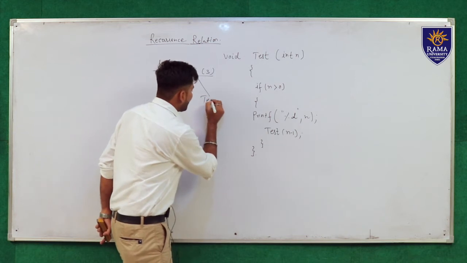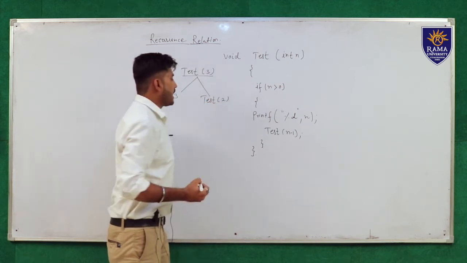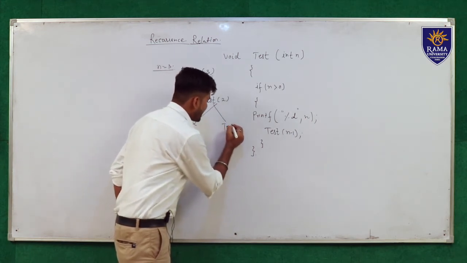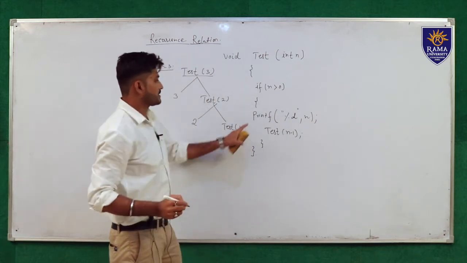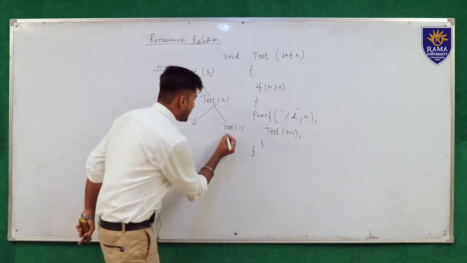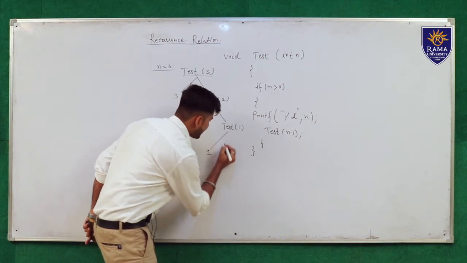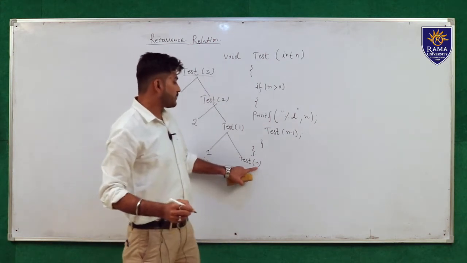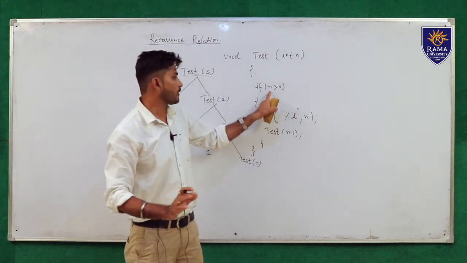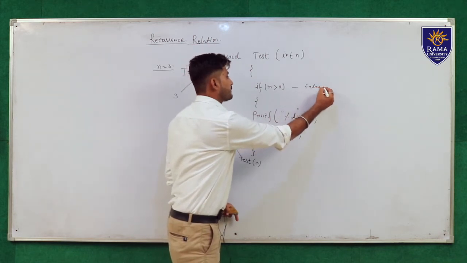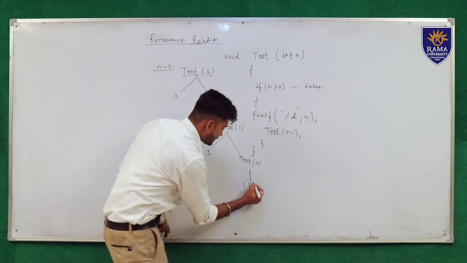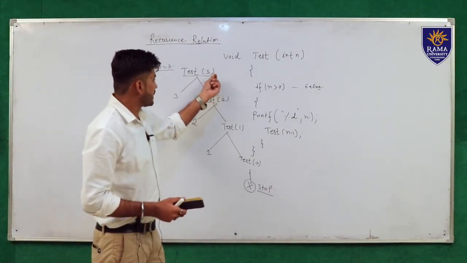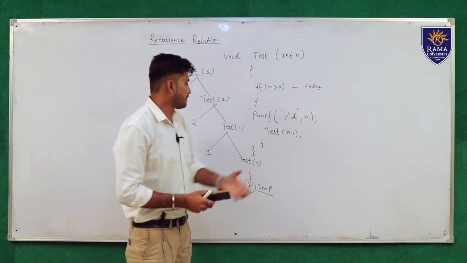So here test(2). Again this recursive function calls itself, then prints the value 2 and test(1). 1 is greater than 0, again the function calls itself, so here it prints value 1 and this is test(0). When n equal to 0, nothing will happen because the condition becomes false at this point, so the recursive function stops here. Let's see how much time this example takes.